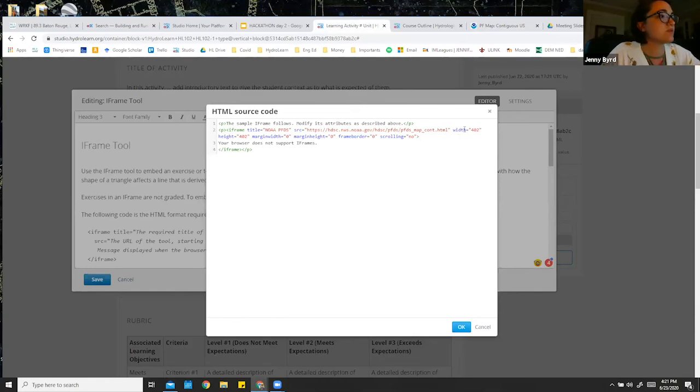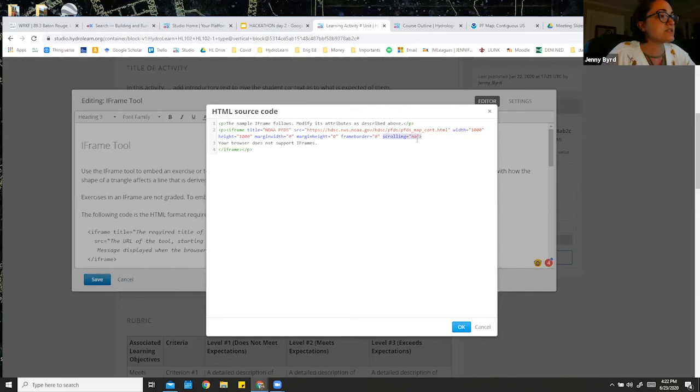You can also change the width and the height of your iframe. This is at your discretion because it really depends on what the students are viewing your module on. If it's a tablet or a laptop or even a cell phone, this will vary. In general, I start with like 1,000 pixels, maybe 1,500, and I go from there. You just need to play with it and see what works best for you.